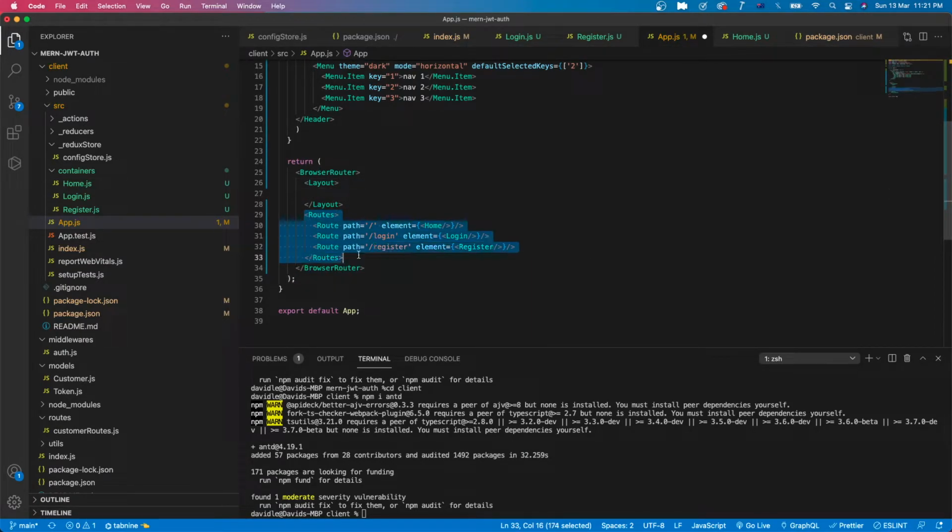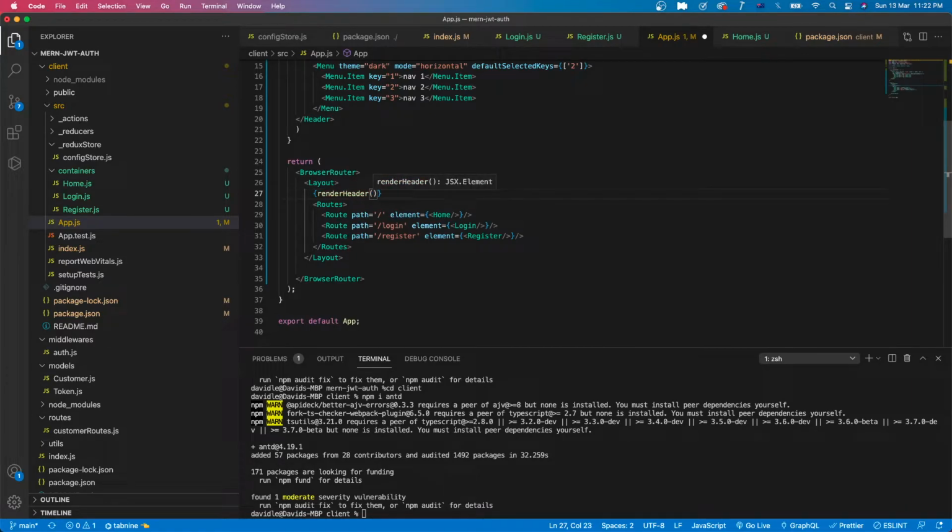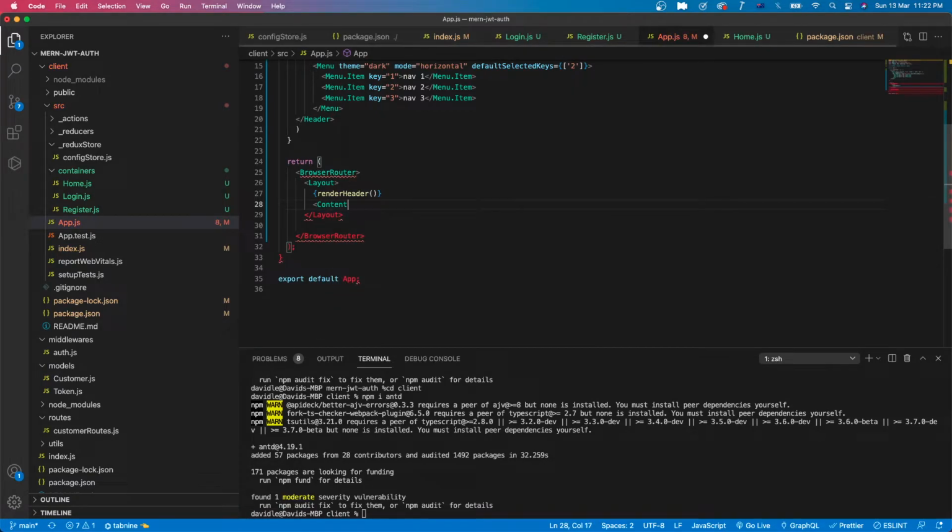And I put the browser router inside layout, and then I render the header here, and then the content will be switched between the routes. So I cut the routes and I put it in the content tag,